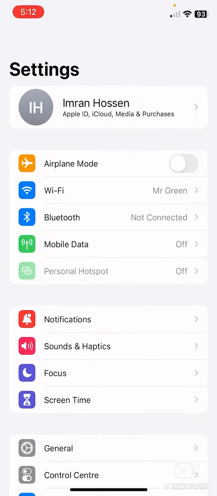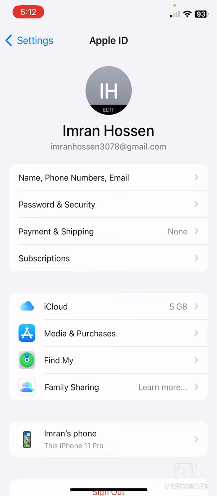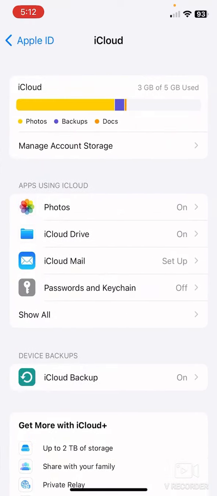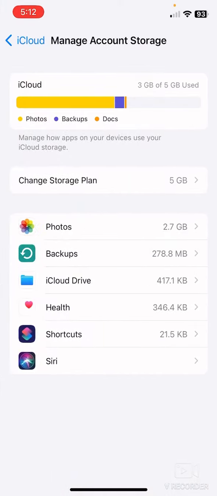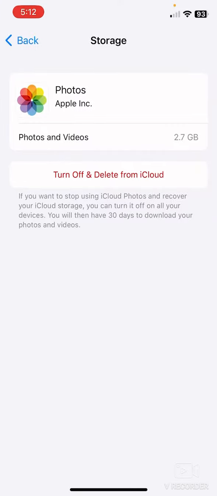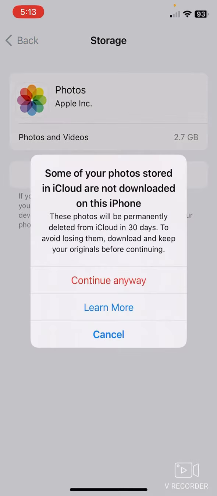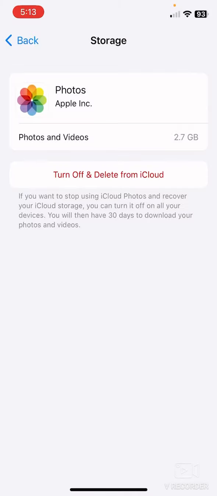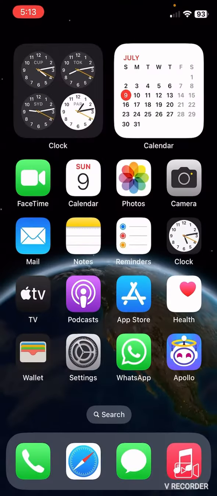Now click on your Apple ID and click on iCloud. Now click on manage account storage. Now click on photos. Now click on turn off and delete from iCloud, and by clicking continue anyway, all your photos will be deleted from iCloud at once. Now if you want to delete your photos one by one, just go to your photos